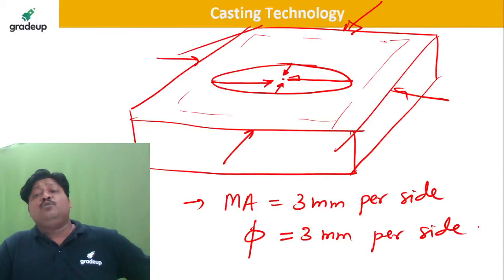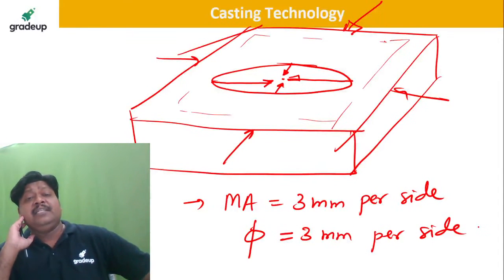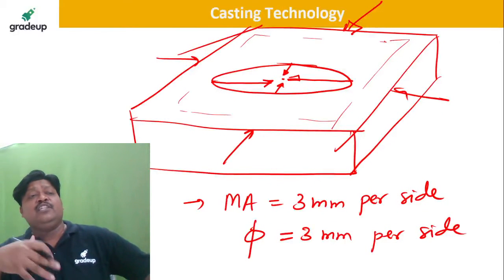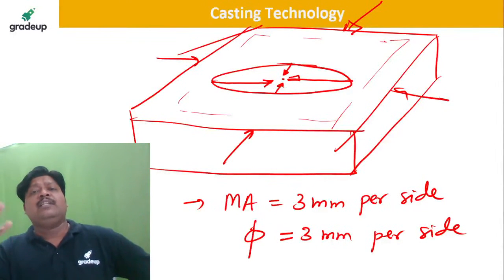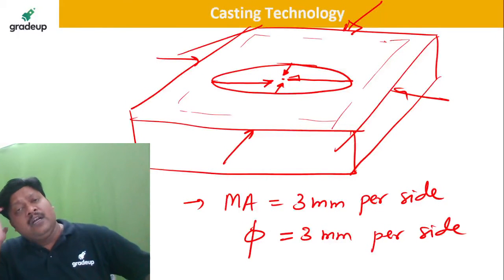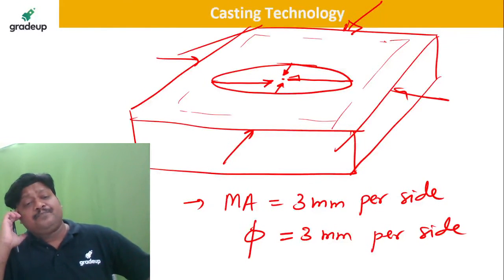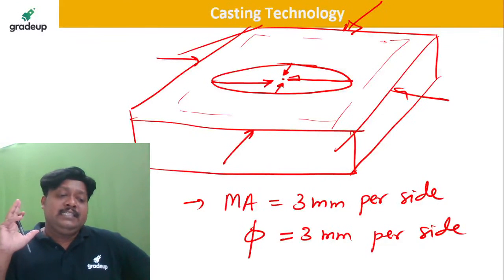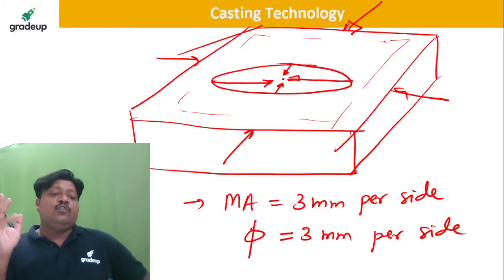So how are you going to provide the machining allowance? Tell me, machining allowance, how will you provide? Whenever in the question, instead of shrinkage allowance, they ask you to provide the machining allowance and tell me the final volume of the pattern, so in that case, so already see